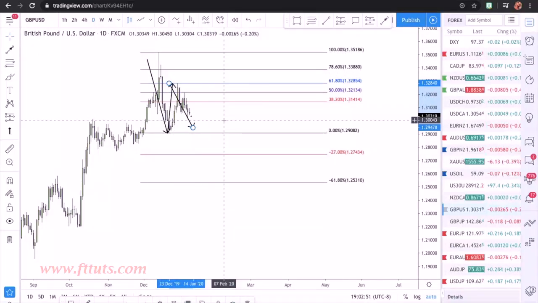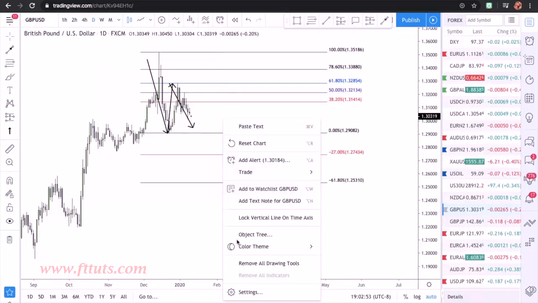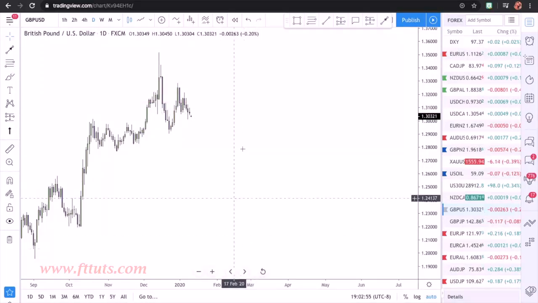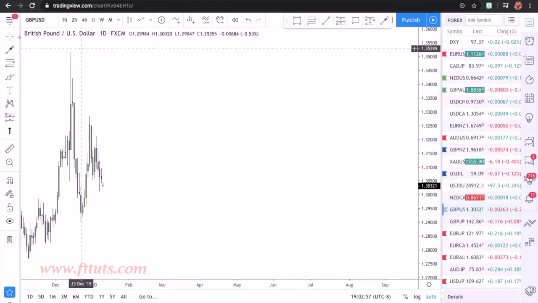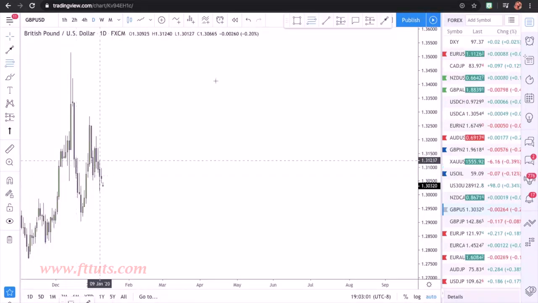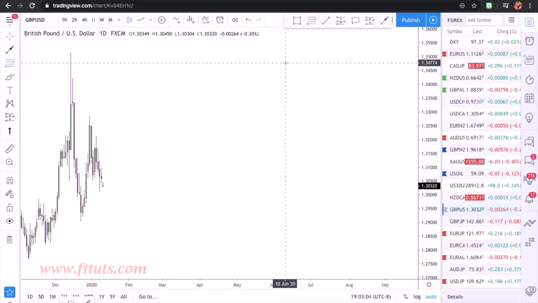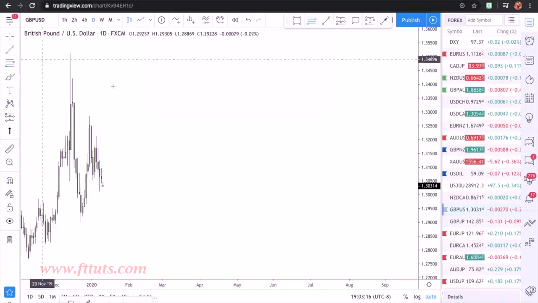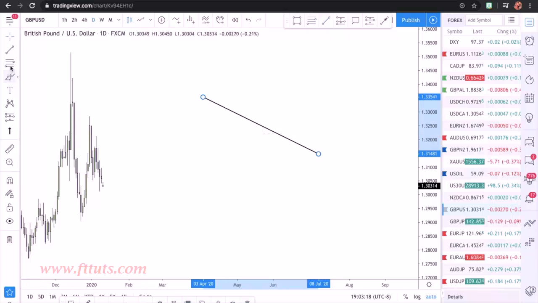wicks, not the bodies. So now what I'm going to do is I'm going to show you how we can catch both trades by combining. So you always want to look at the longer time frames because it shows the bigger picture. And if you're drawing fibs on the daily, it's just a stronger trend. So it's a stronger confluence. So it's good to do that. So let's say we have our trend line, and then